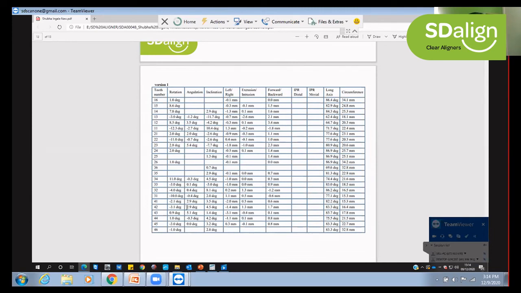Similarly, for the lower arch, we can see the maximum correction has happened for the 3-2 and 4-2, 4.5 degrees and 8 degrees for 3-2, the inclination. Rotations are minimal, up to 10 to 15 degrees. 12 degrees is the maximum rotation correction for 1-1. So you get a gist of how much correction has happened in the vertical plane, transverse plane, sagittal plane, and also rotations and torquing. So this table we always share with all the reports.